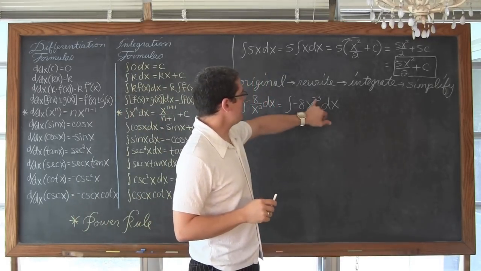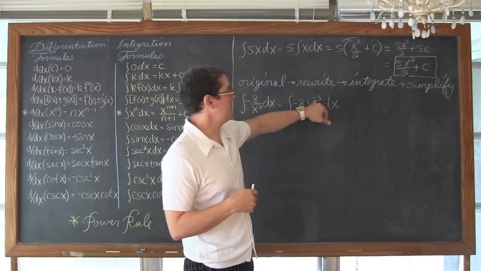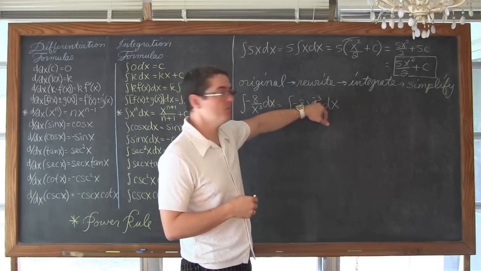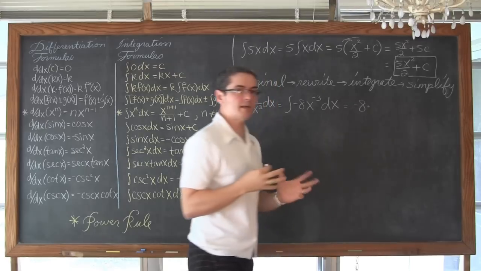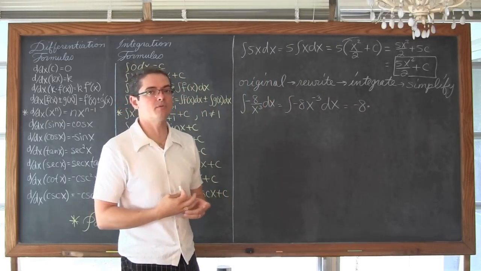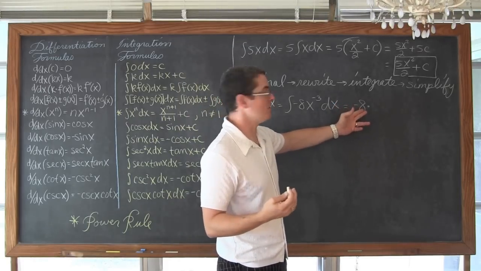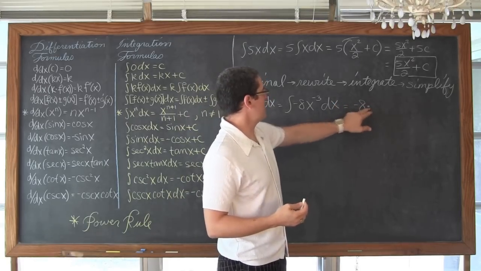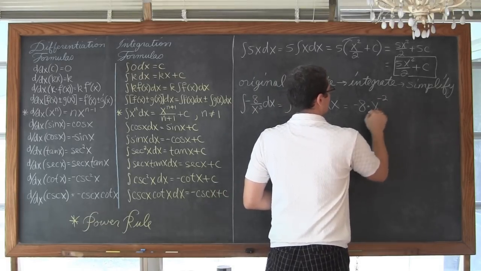So again, we're going to take this exponent. We're going to increase it by 1. And -3 plus 1 is -2. So this is going to become -8. Notice I'm just letting it float along. I'm not pulling it out in front of the integration symbol first. Just going to have the -8 float along. And we have -8 times, take that exponent, raise it by 1, so we have x to the -2 power.